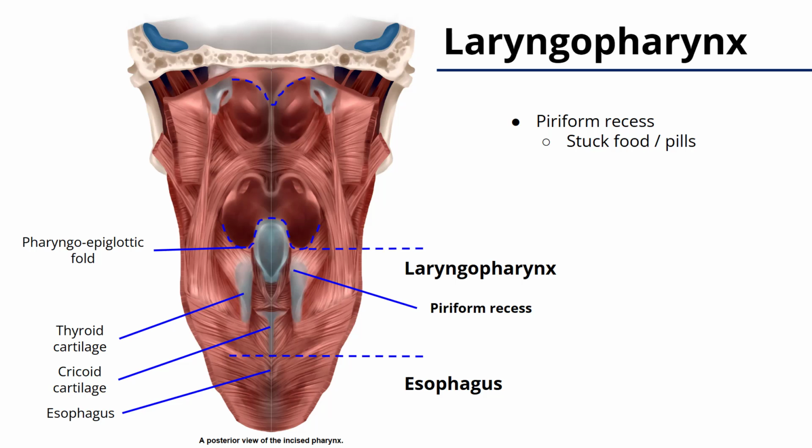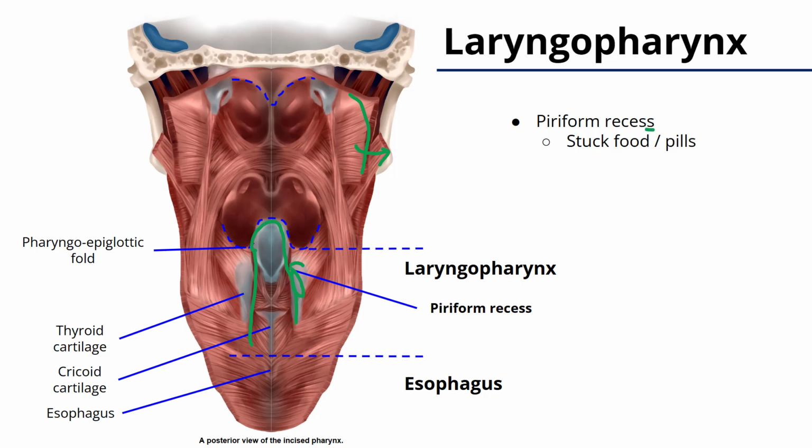Now let's take a look at the laryngopharynx. This is a posterior view of the pharynx. So the posterior wall of the pharynx has been incised and removed. We can see the larynx here, and we can see a piriform recess. That would be the space between the wall of the larynx and the remainder of the thyroid cartilage. This is an important place to consider